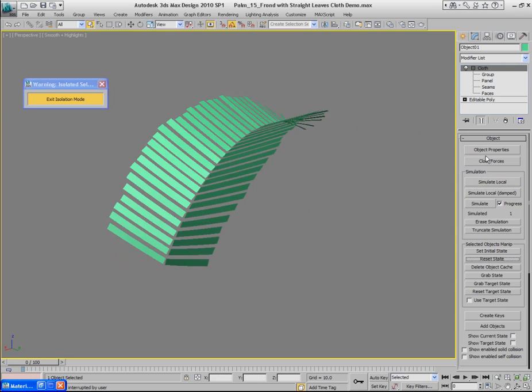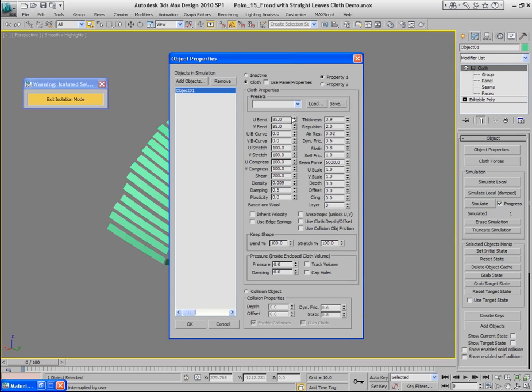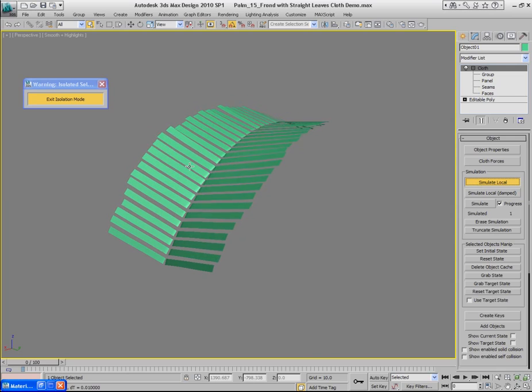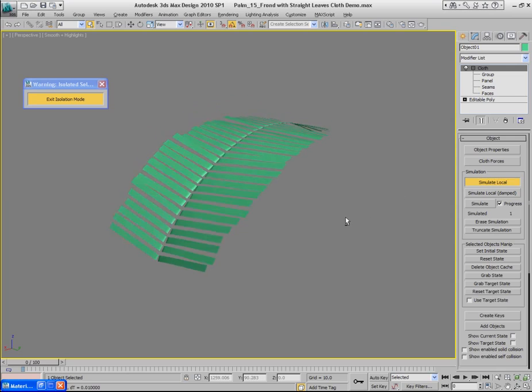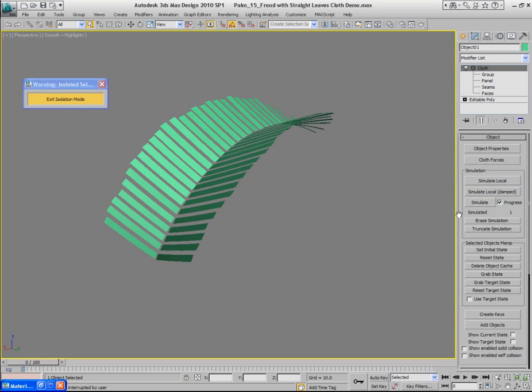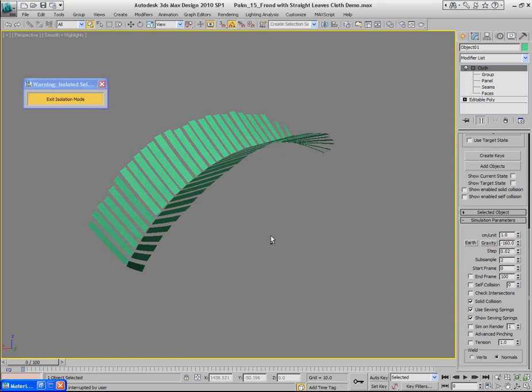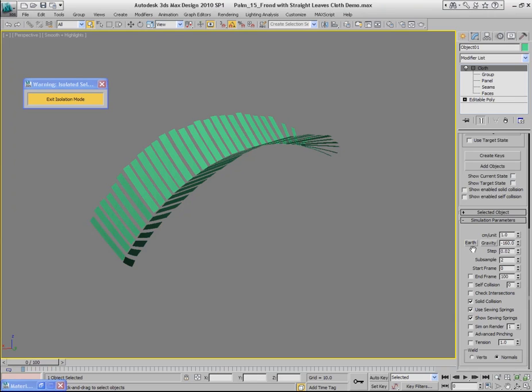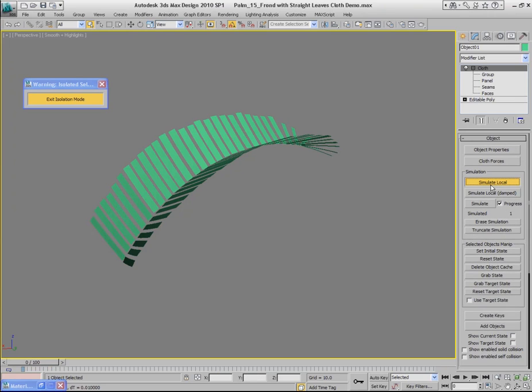And you can see that if you increase this parameter to maybe 400,000, the leaves would look like this. See, they're really strong, they don't bend. The only thing you want to do here differently from the previous type of palm tree is that you don't need to have any gravity in the scene, because these leaves, like here in the reference image, don't need gravity really there. So uncheck gravity, add wind to the simulation,